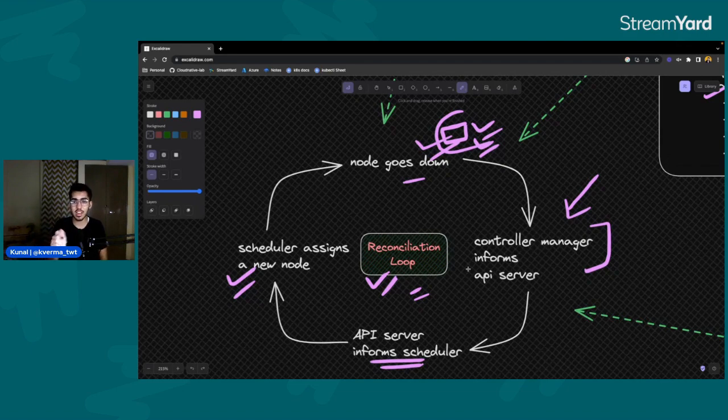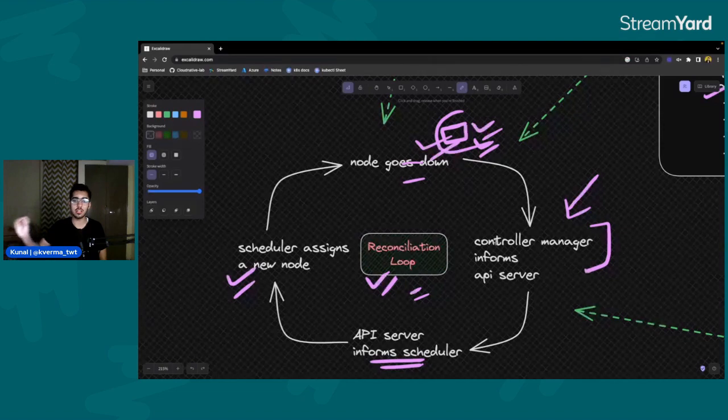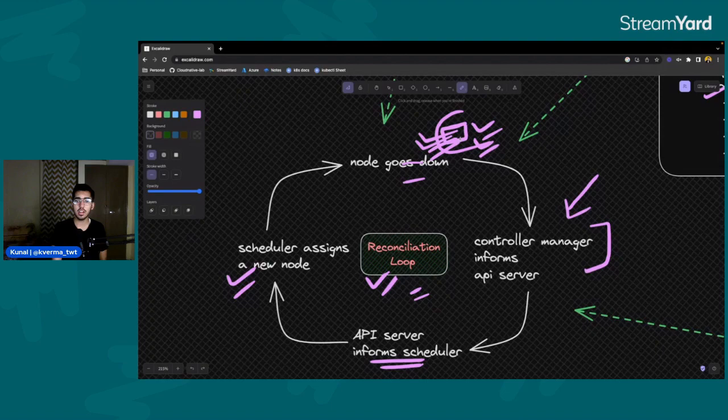And one thing to note is that all these particular requests, everything which is happening, the data is getting stored in etcd at the backend. So that is not to be missed: all the data in the operations that we have, everything is stored in the etcd database. So when the node goes down, the pod is laying as it is, right? So that will be stored in etcd. Once the controller manager informs, the API server will validate the particular request, and it will store the data in etcd, and all other components that are involved, they store data in etcd. So simultaneously the data is getting stored as well. So this is an important point to note.